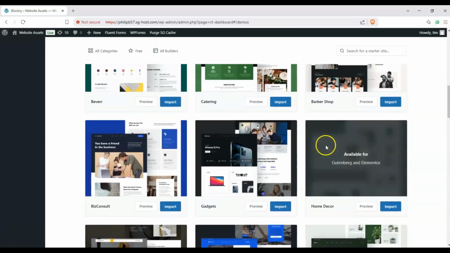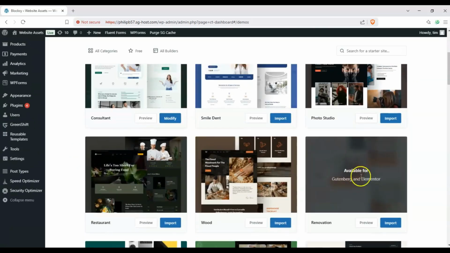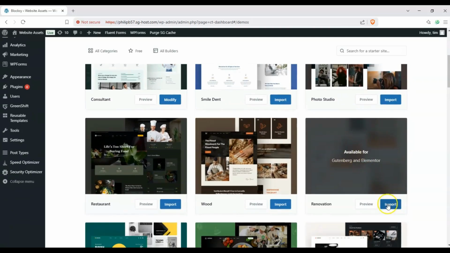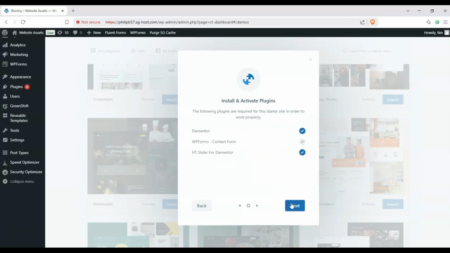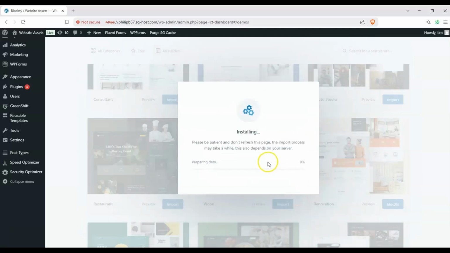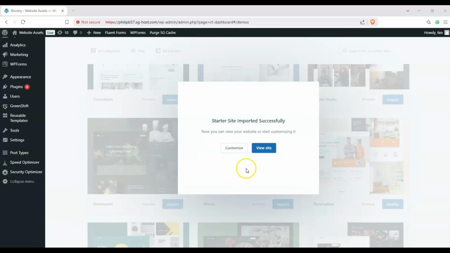have Elementor available. So let's go ahead and choose this renovation one, click on import, and here we can choose our page builder. So Gutenberg is a default WordPress one. Let's go ahead and click on Elementor. Next, we'll click on Next, and just make sure all of these are checked, and install, and let's wait for that to install. Okay, once it's done importing, let's go ahead and click on View Site,